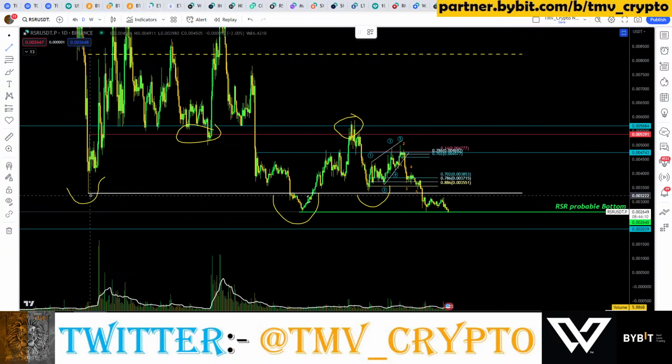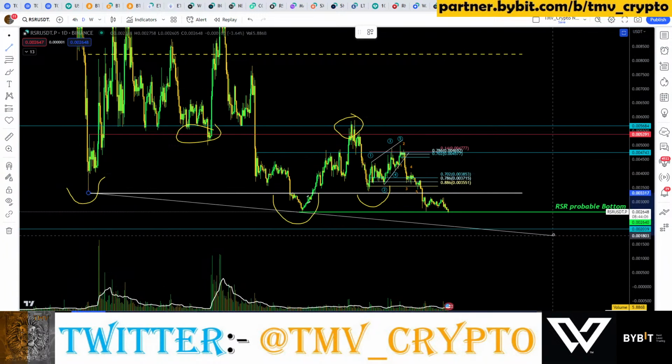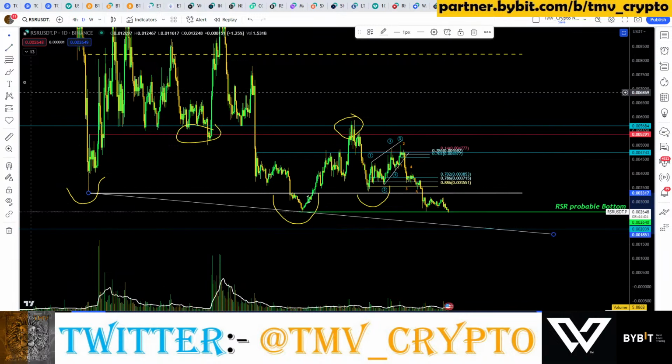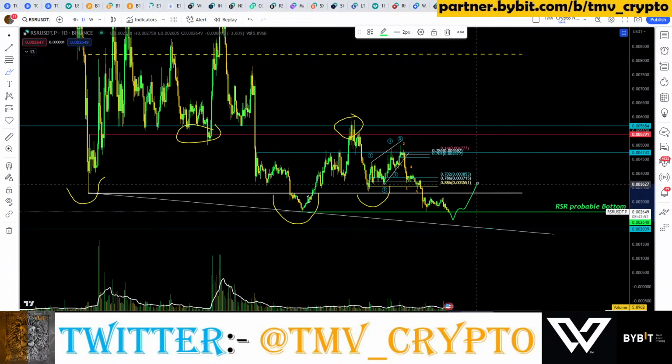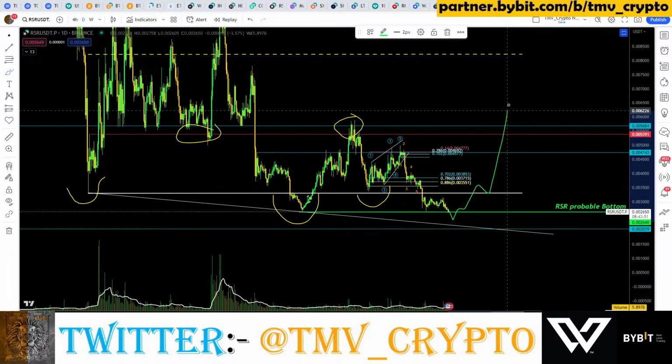Of course, it's not that bullish at the moment. It's really bearish, and I'm holding my RSR back. Now I'm an investor, a holder, as you were going to say. But this is the levels. Even if we sweep the lows, we go up. Once it reclaims it, it's going to be the big reclaim, and I'm expecting RSR to literally sweep up the